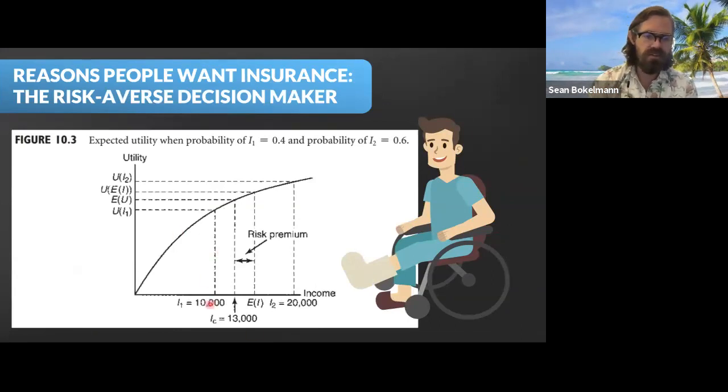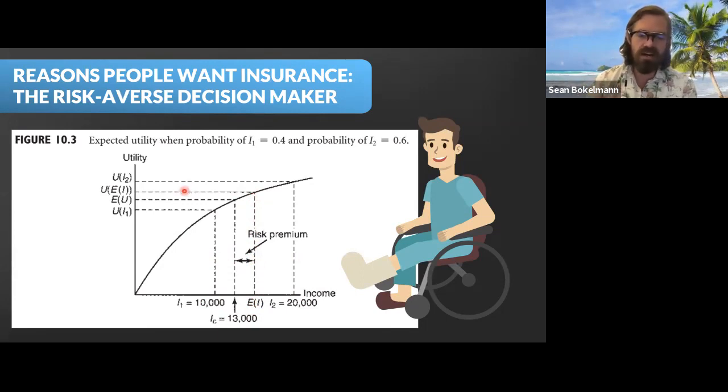All right, so that's what we have. We have the low income here, the high income here. And basically, we're finding a weighted average of these two incomes, right? 40% chance this happens, 60% chance this happens. So the expected income falls 40% of the way between these two numbers. Although it looks like it's half the way it's drawn, it's supposed to be 40% of the way there, right? So $16,000, or I guess it's 60% of the way there. Anyway, okay, so that's the expected income.